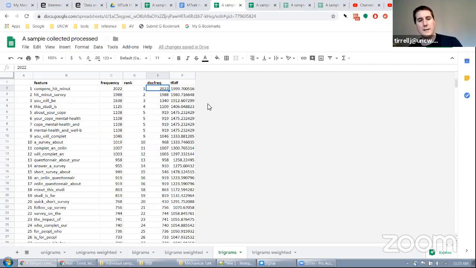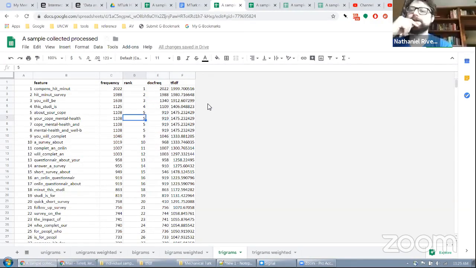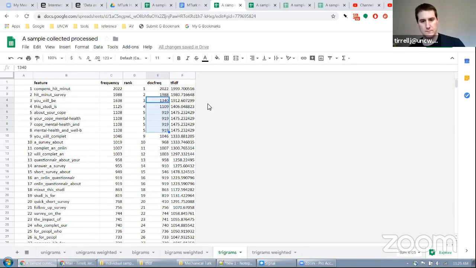Yeah, but anyway, it's not like these mental health ones are a huge drop from the ones above them. So it's not like they're down into the 100. Yeah, the comps hit minute seems to be the outlier as opposed to the standard for this. Yeah, these first 2 that are 2,000. And then these get a little bit closer, down to here, really. So anywho, it doesn't go beyond trigrams, but